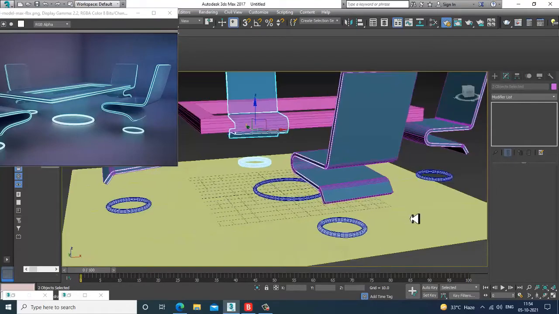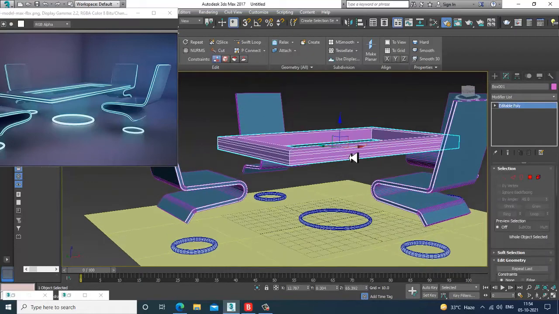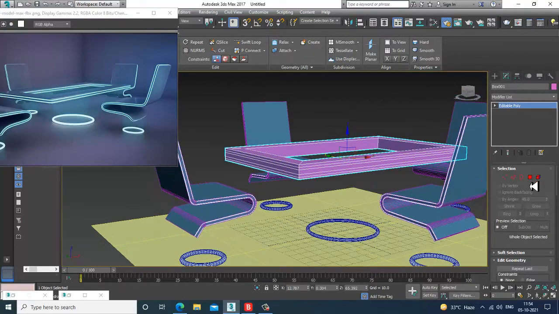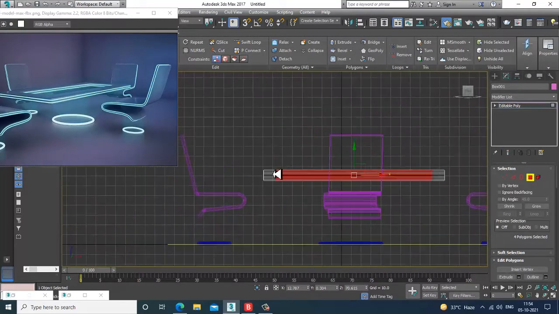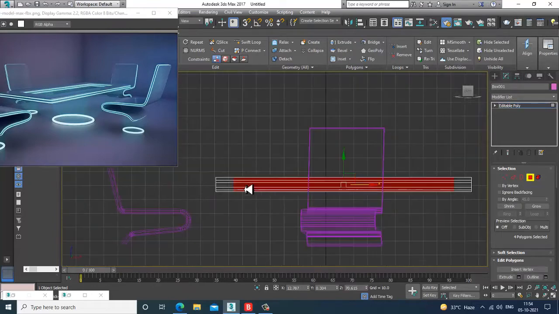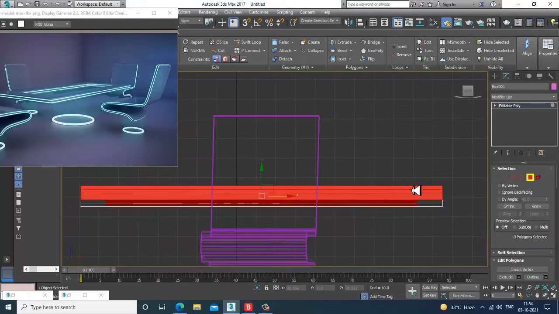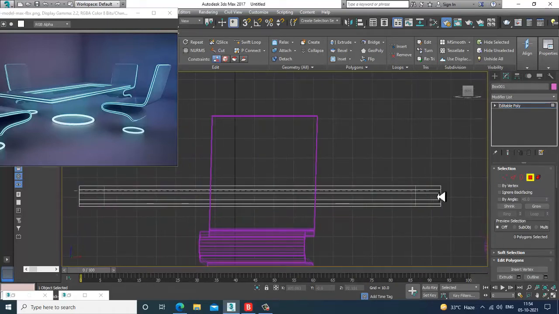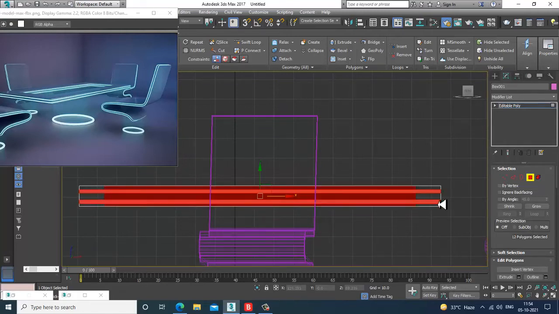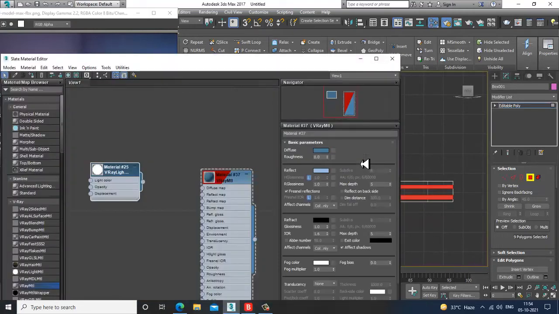Select this whole thing again, and only this patch. Assign the material.